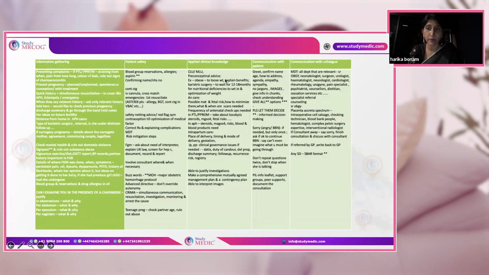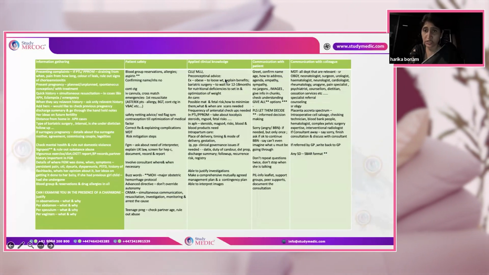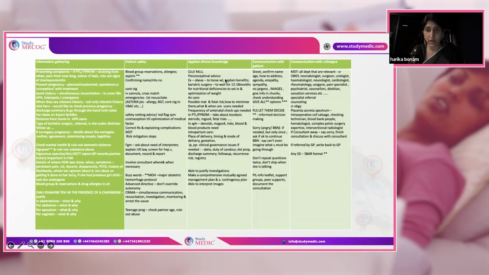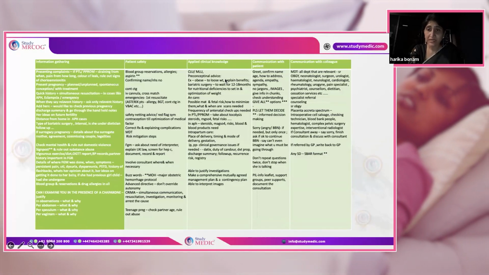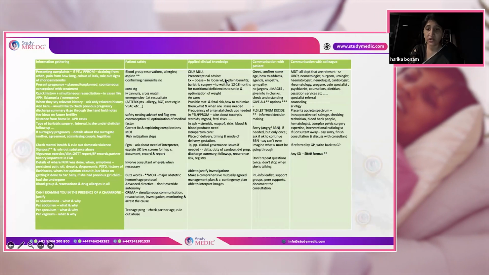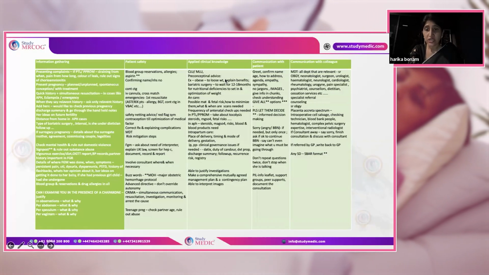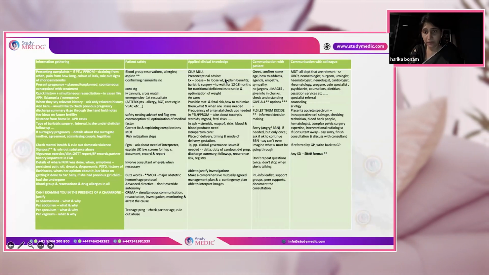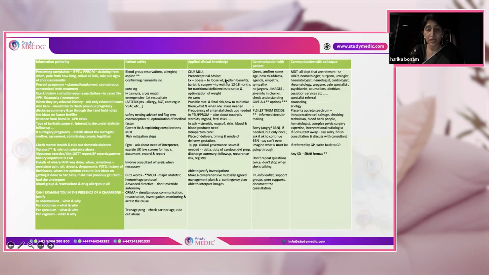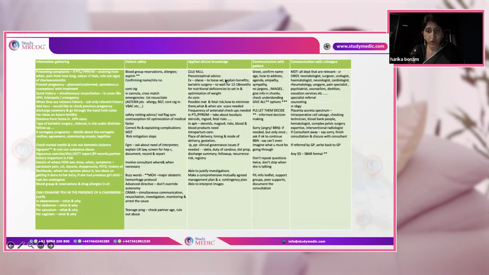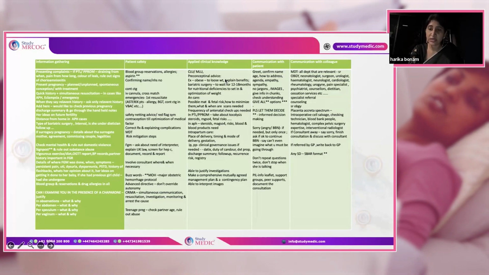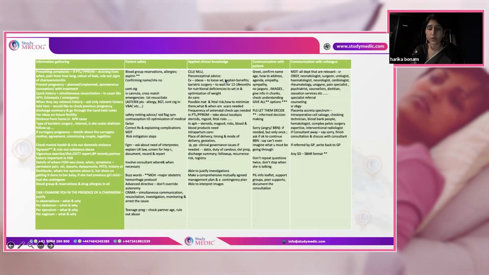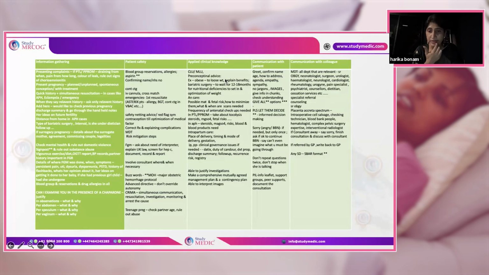Dietitian play an important role, for example in bariatric surgeries. Cessation services in alcohol and drug abuse. And senior obstetrician where and when you have a doubt. Placenta accreta spectrum, usually intraoperative cell salvage, you have to check about the technician, blood bank people, hematologist, complex pelvic surgeon, interventional radiologist. And if the consultant is away, please do say sorry, finish the consultation, and then you will say that you will discuss back with the consultant, is it okay to go ahead with the consultation?